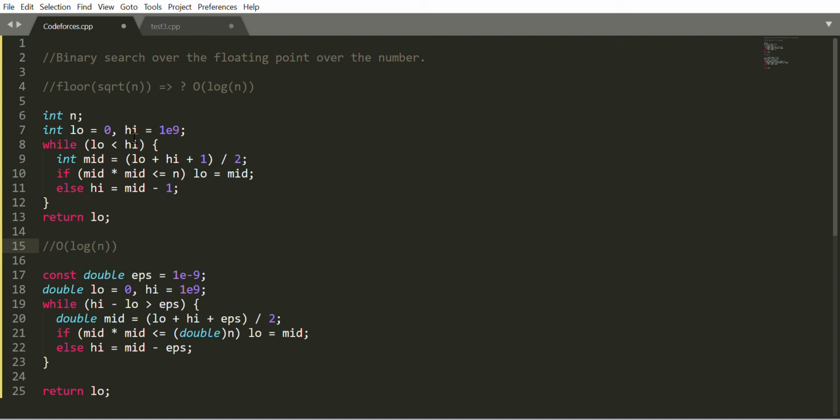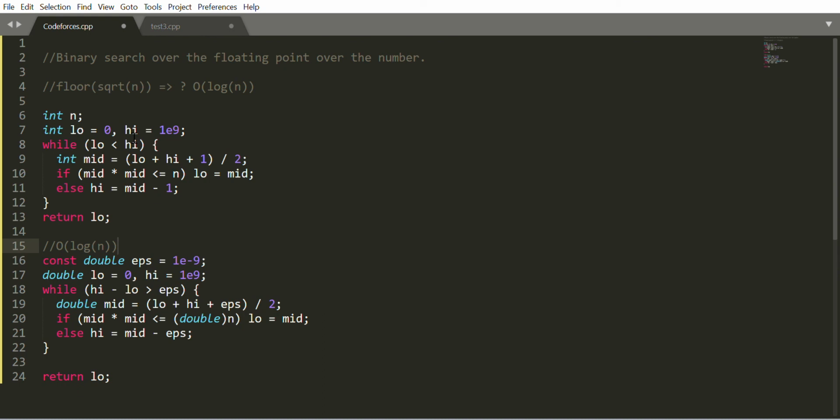So this is pretty fast. Actually, I think it's a little bit more than log n time, because if my precision is high, then it will take more time.